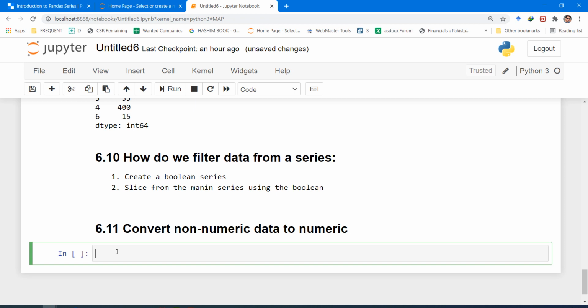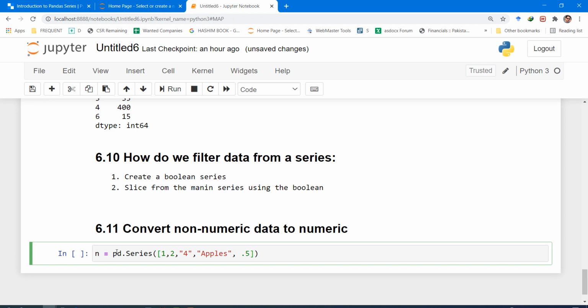Let's create a series, call it n, using pd.Series and providing a Python list. Let's put 1, 2, and let's say 4 as non-numeric, then let's say apples, and then 0.5.